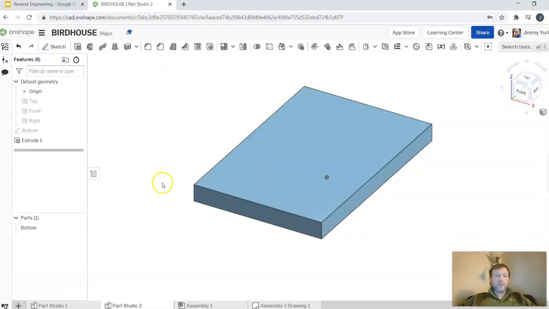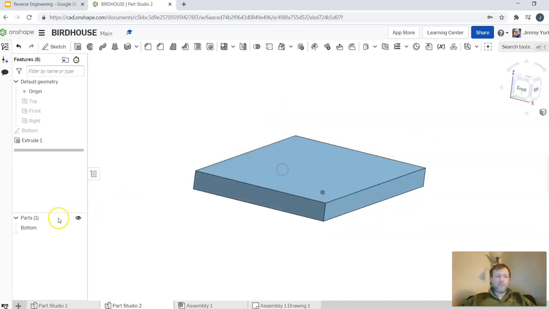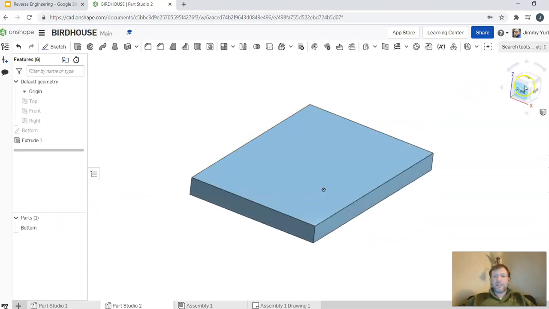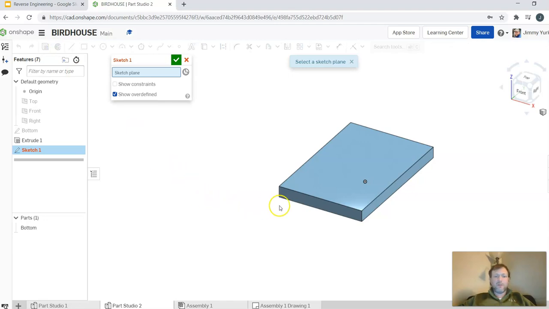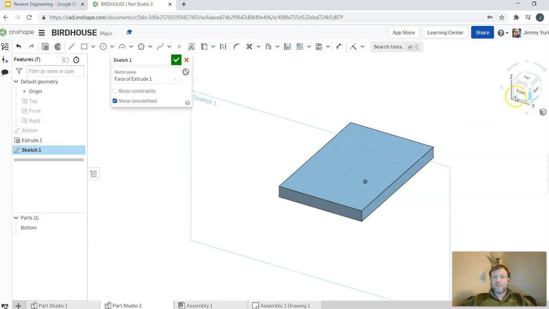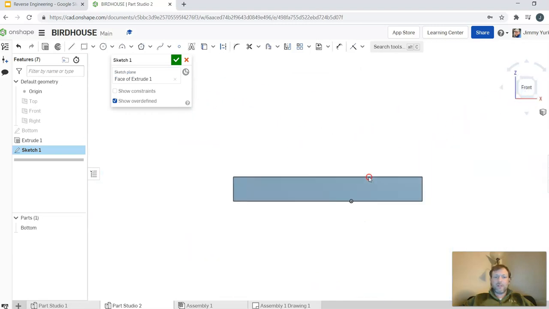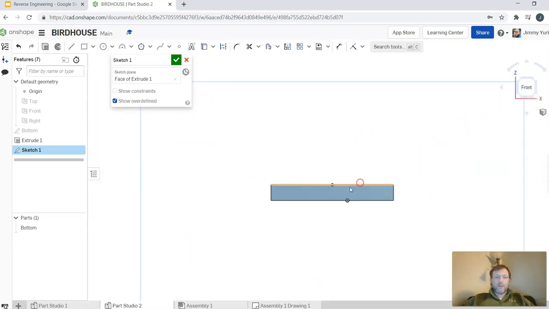So we already created the first part. There's a bottom. And now we're going to go ahead and add sides to our model. So we've created the bottom, let's add sides. So I'm going to go ahead and click a new sketch, just like we have always in the past. And I'm actually going to draw on the front of the object. By clicking on the front of the object,